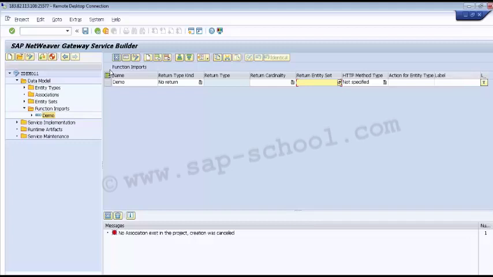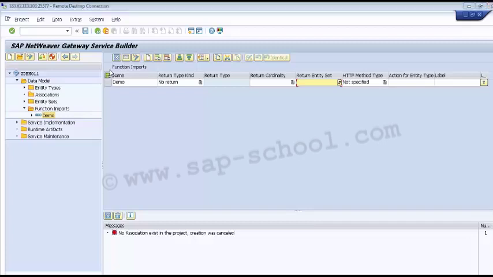We can enter a free text label directly, or we can use the label text reference editor to enter the reference type. The reference type we select will influence the other input fields as well. So we have to choose this reference type by keeping in mind what options I need. Once we have created this, we have to click on the save option to save my function import. So this is how we can create the function import.